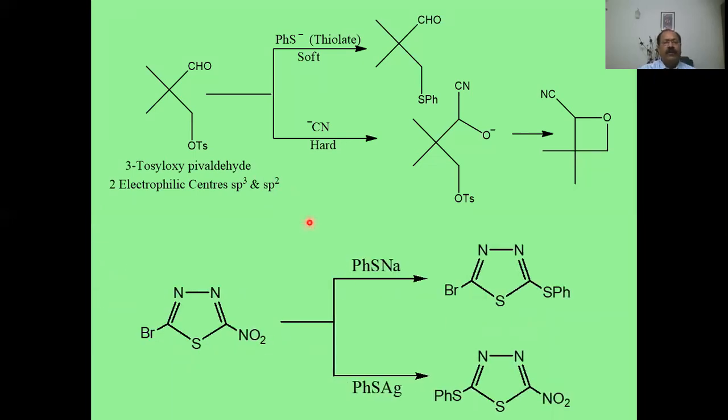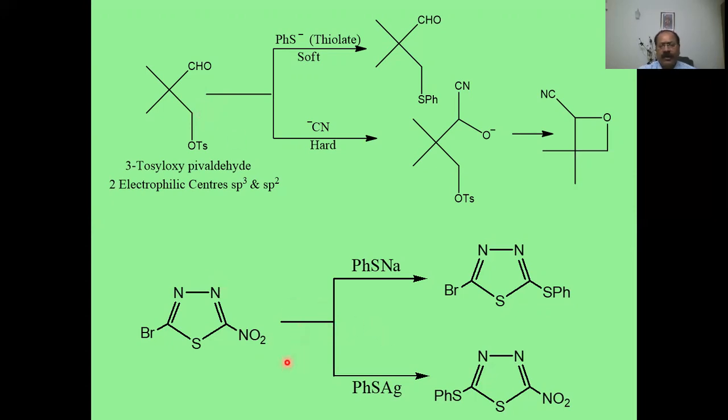Here we are talking of 3-tosyloxybenzaldehyde. Now, when we do its reaction with cyanide, two reaction sites are possible. It can add on to this, or it can bring about nucleophilic substitution here. When we have the harder nucleophile, the cyanide, it adds on to this to give this product. Whereas when we use a softer nucleophile, thiolate, it brings about nucleophilic substitution. So one is sp2 hybridized, one is sp3 hybridized.